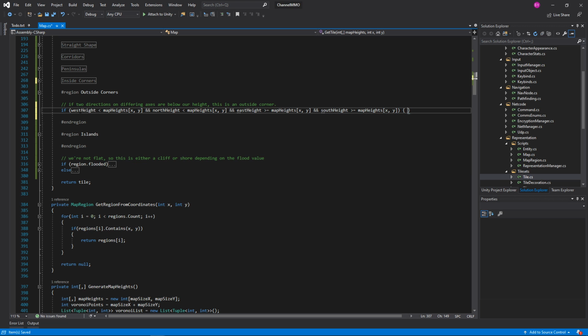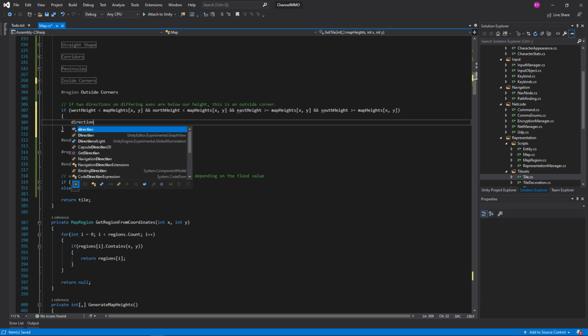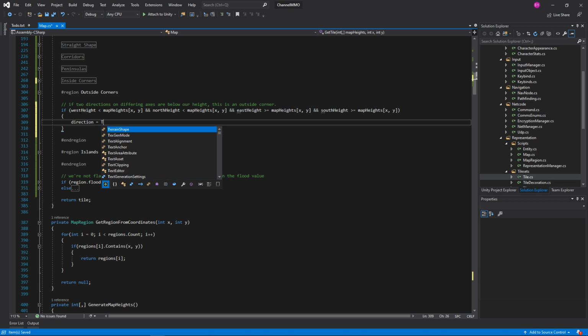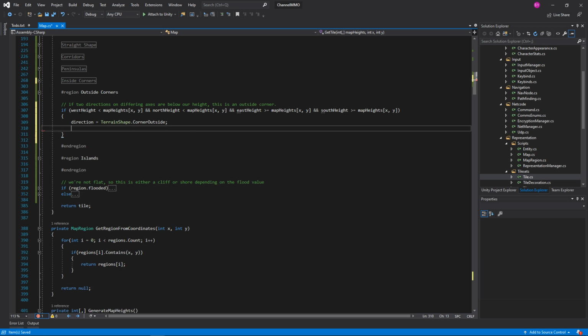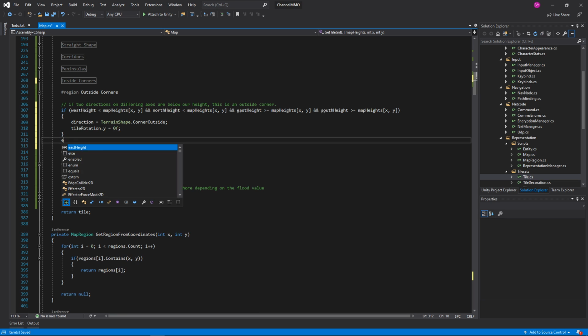In this case, direction equals line direction, although in this case is of course terrain shape dot corner outside, and our tile rotation dot y equals 0f. And then we'll go ahead and put in an else statement here, and we'll just copy